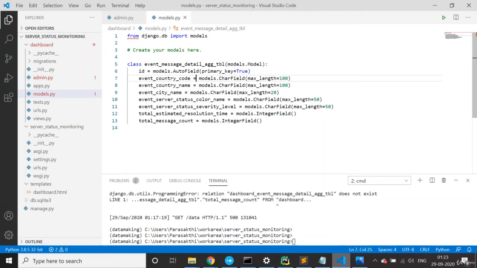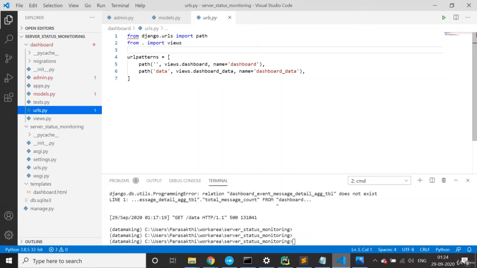So we have a table called event message details. Whatever structure we have, the same structure we are creating as a model, so that using this model we can create a table in PostgreSQL. That's what we are going to do here. And test.py is for test cases, and urls.py again for URL navigation. So this is a very important file.